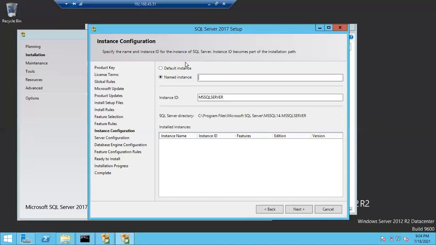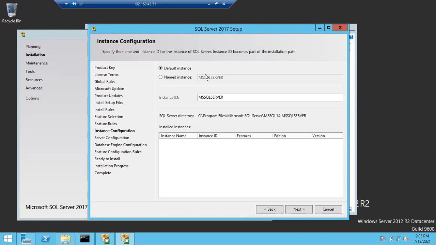If you choose the default instance, I have a question for all of you. Be ready. I just installed a default instance now. Later the customer asks, please change this default instance to a named instance. Can we do that? The same instance you have already installed as a default instance, now the customer wants to change from default to named instance. Is it possible? No, not possible.